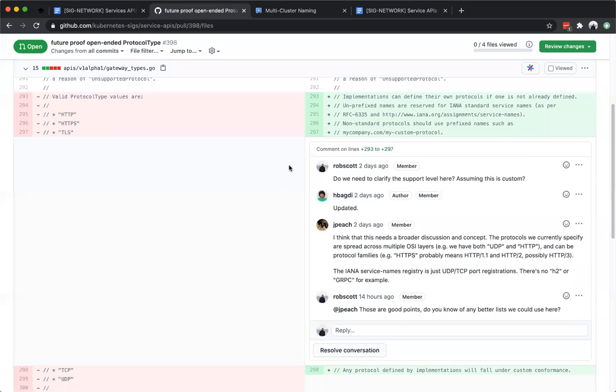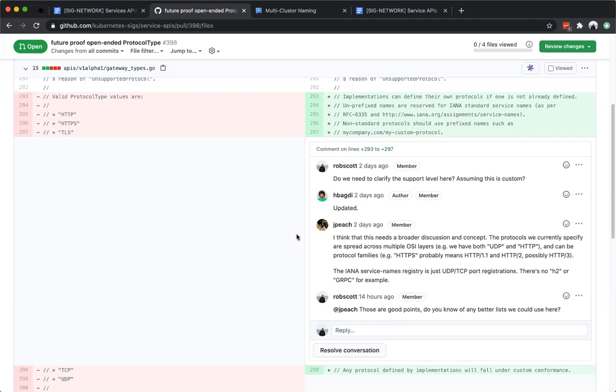Yeah, I think James brings up a good point in that comment there. It's like the protocols that we currently cover don't reside in a specific layer of the OSI model. So I think it's hard to refer to RFC 6335. Okay. But you know, Harry, since this is largely borrowed from app protocol, Rob or Bowie, is there some history there on the decision to?